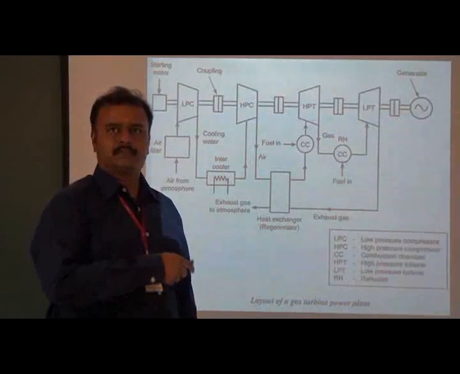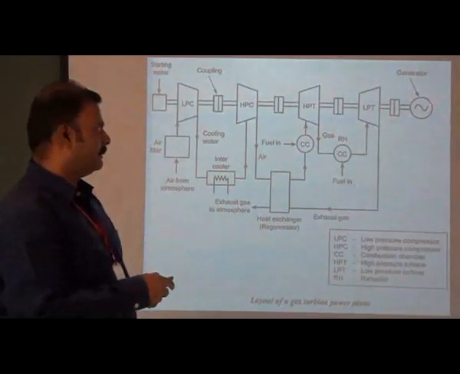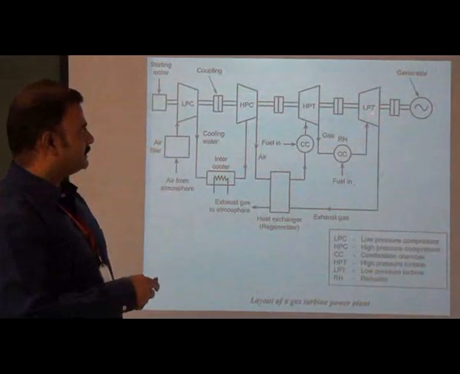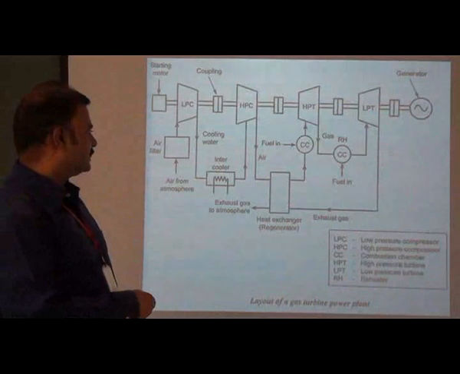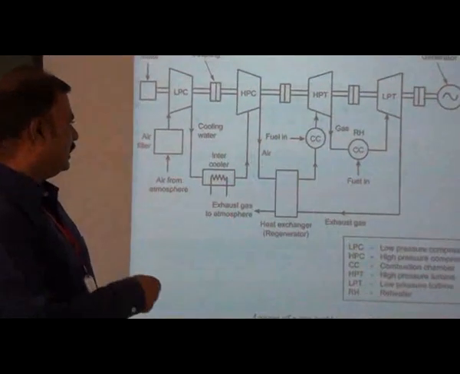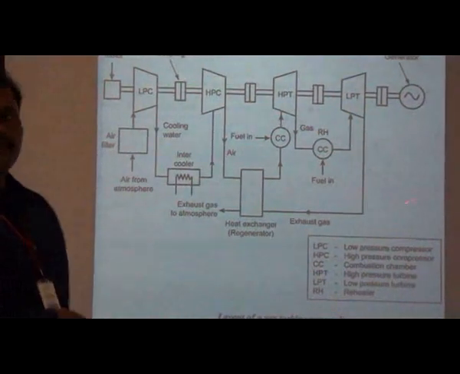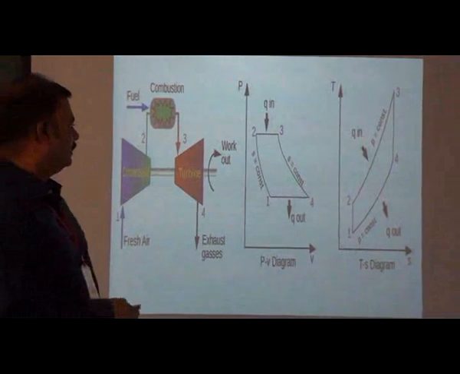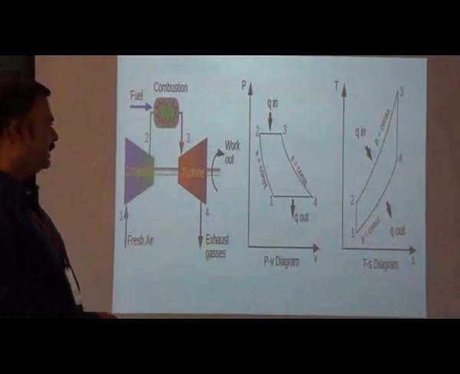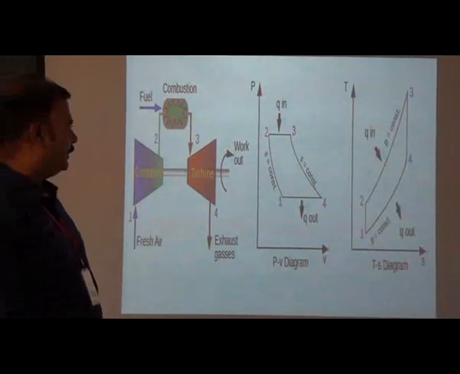So the gas turbine power plants used are all nothing but combined cycle power plants. The exhaust gas coming from the turbine has a very huge amount of energy, which passes through the regenerator, and then it is used to heat the air. So this is the working principle of a gas turbine power plant. Now this is about the Brayton cycle: the PV diagram, the pressure and volume diagram, and the TS diagram, the temperature and entropy diagram.